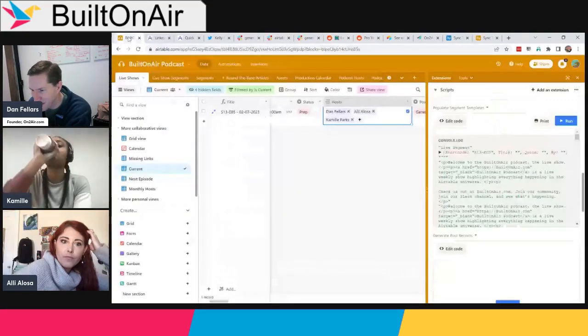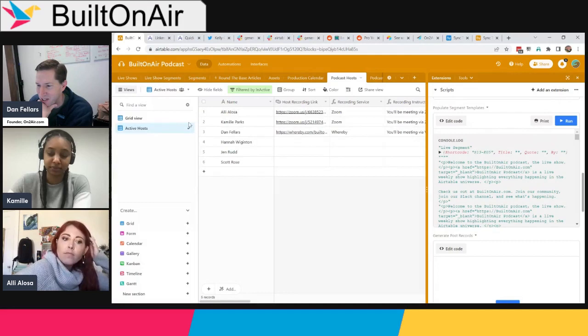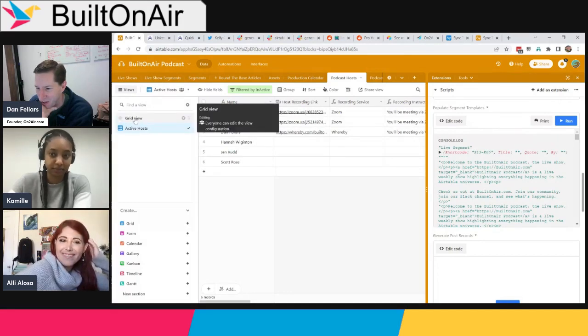So if you go to that table, and what Scott pointed out was even if it's hidden, it will still show up there. Mm-hmm. So even and so